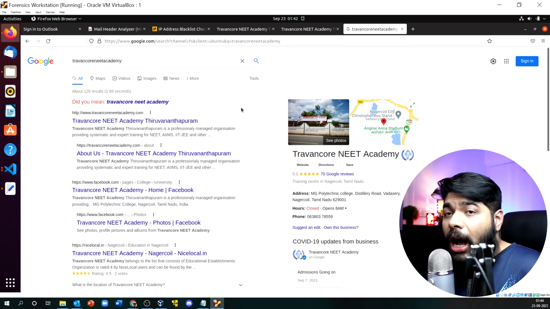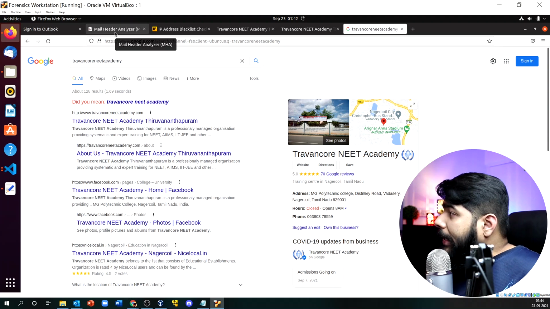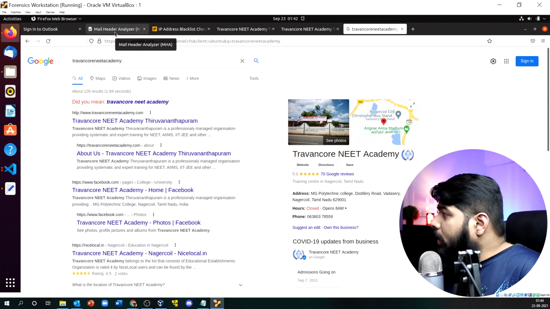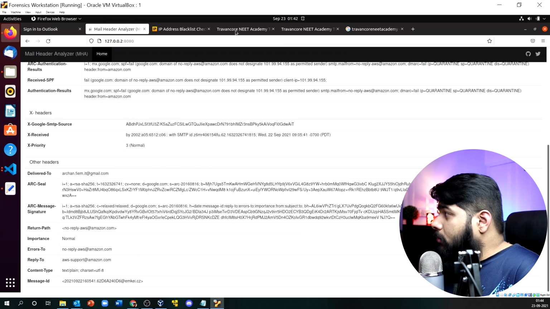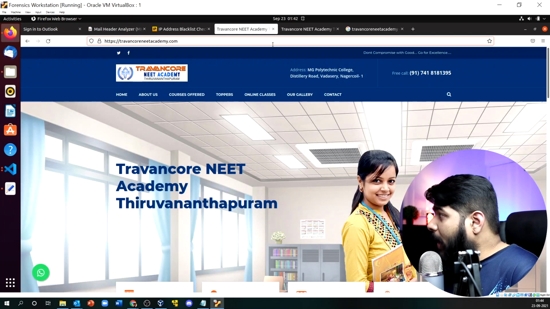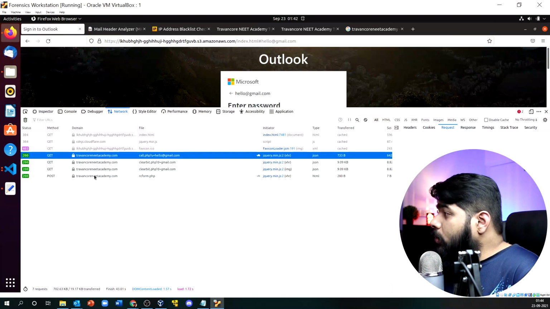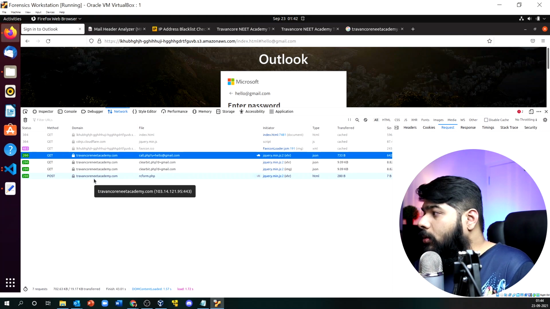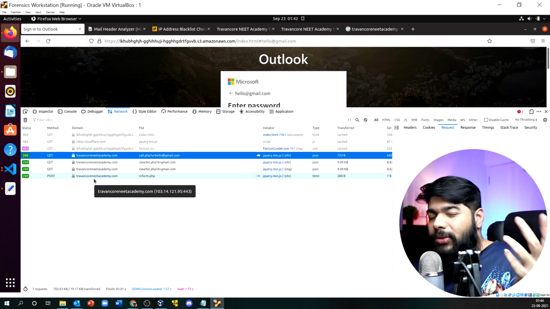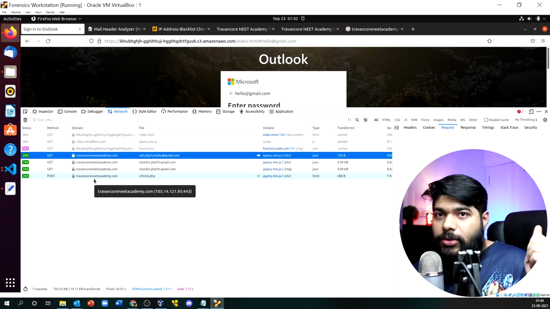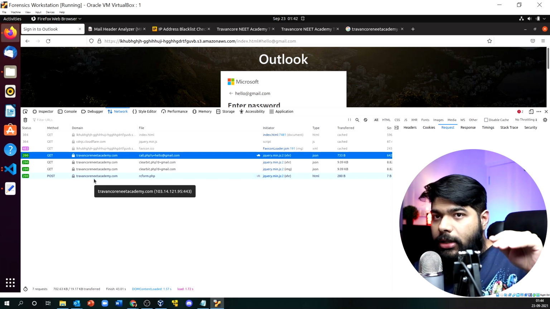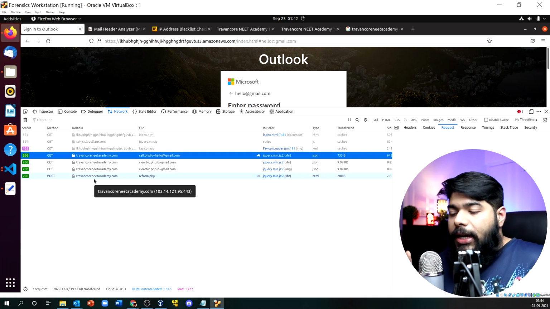Okay, and the attacker is actually using their backend server and their backend everything, to trick people and to send credentials and dump credentials so that they can use it for harvesting and all those things. Okay, so now at this point of time you are quite sure that they are doing